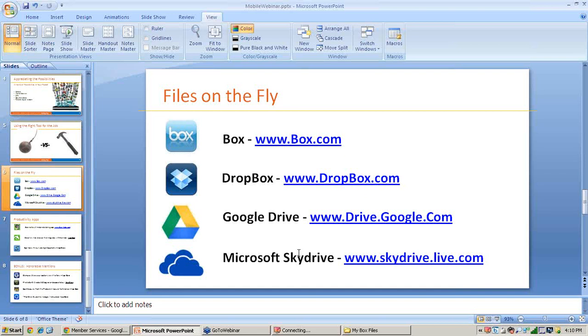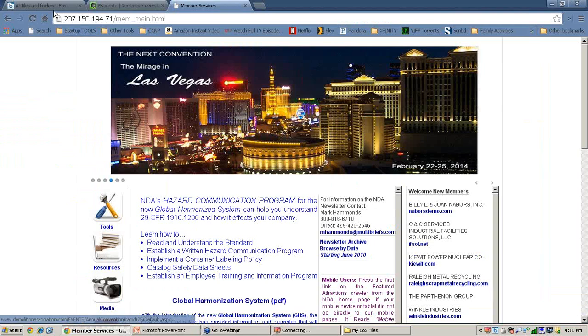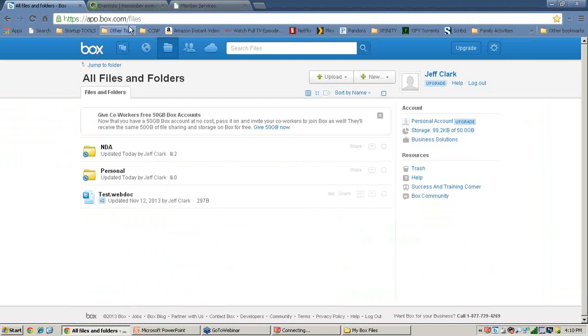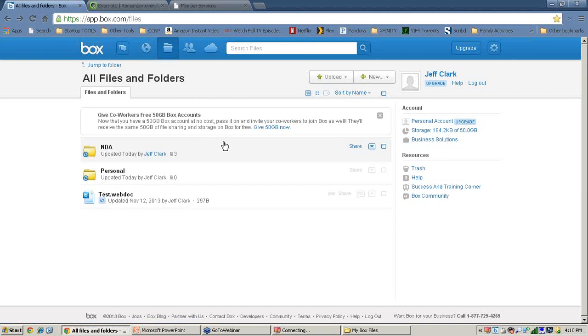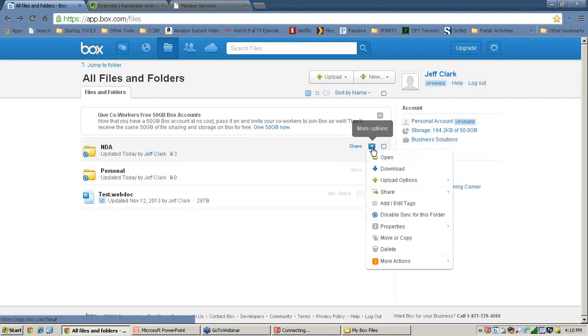are the abilities to have specific folders that are shared with other individuals. So not only are those same files available on my 2 phones, but they are also available on the web. So here's my Box.com website here. When I go into the NDA folder, I'll have all the same stuff in there that I've put right onto my desktop, and that's always going to be in sync. But I also have the ability right from the web to say, for example, that I want to share this with other collaborators, which would be people who could add to this.